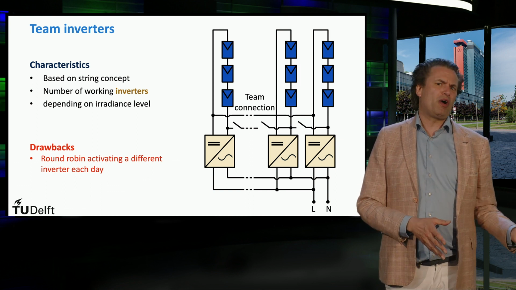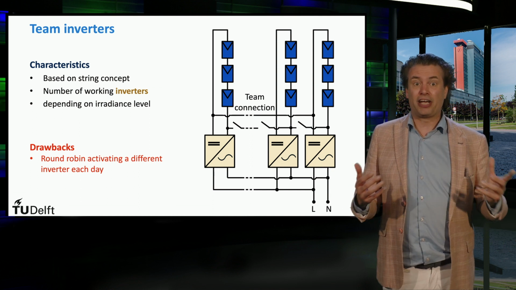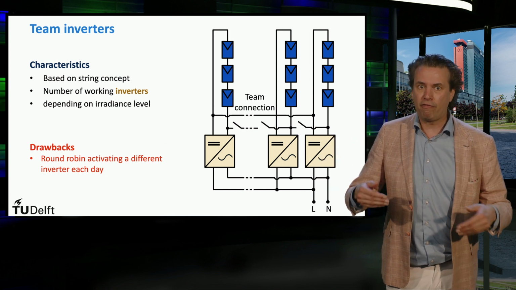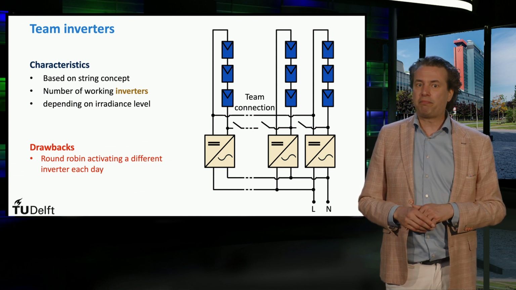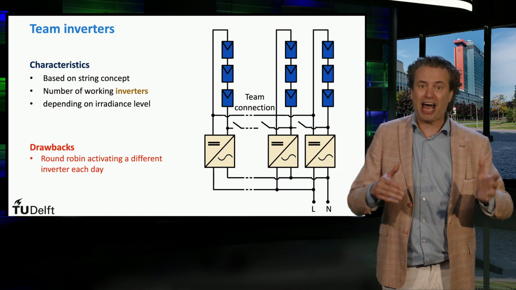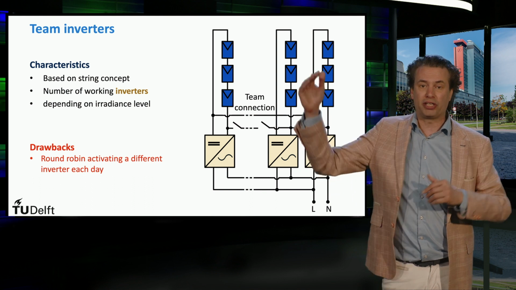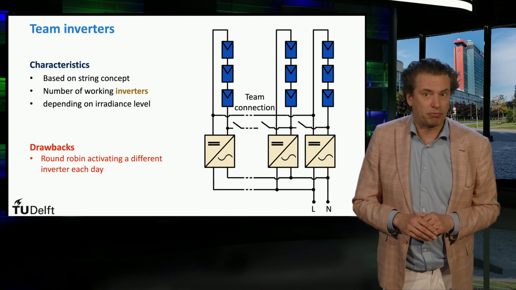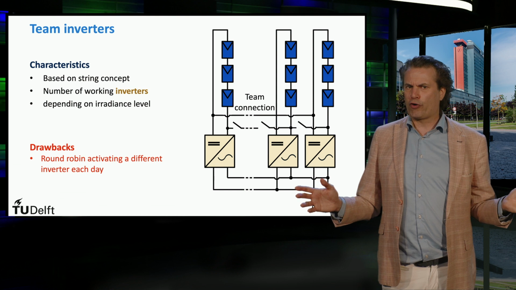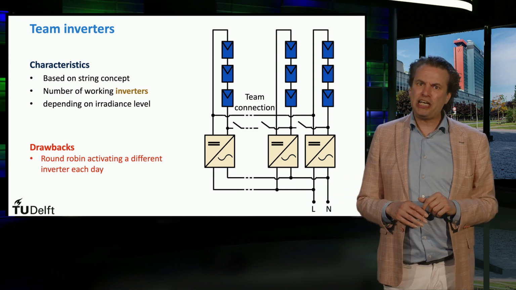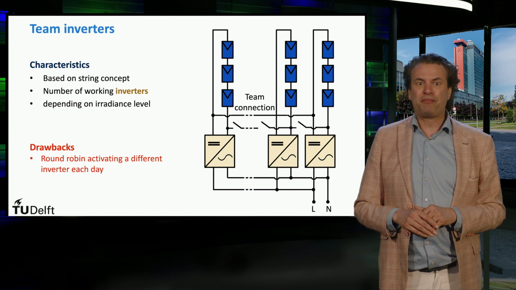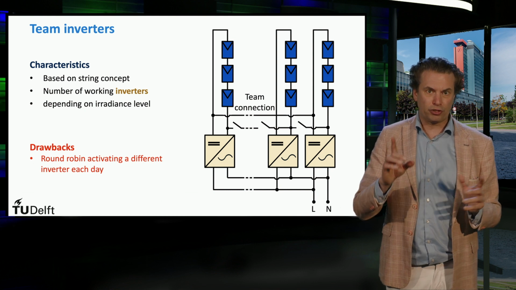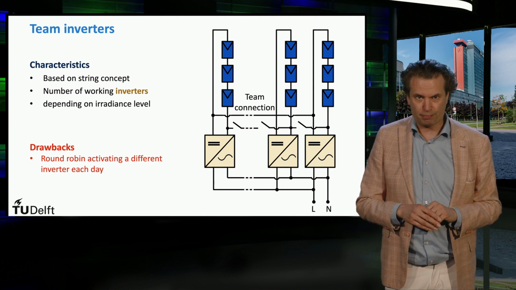So at very low irradiation, the complete PV array is connected to a single inverter, while with increasing solar irradiation, more inverters are connected, dividing the PV array into smaller units until every string inverter operates close to its rated power. In this mode, every string operates independently with its own maximum power point tracker. Of course, in this master-slave fashion, we need an additional intelligent circuit that basically makes a round robin in the usage of all these inverters, in order not to always use the same inverter.